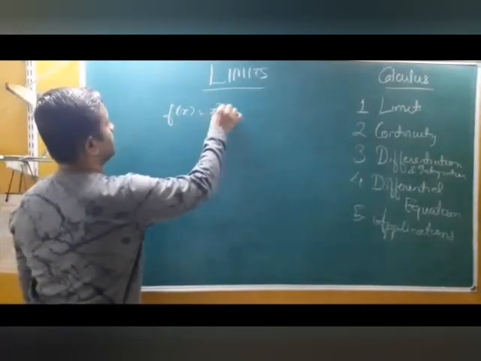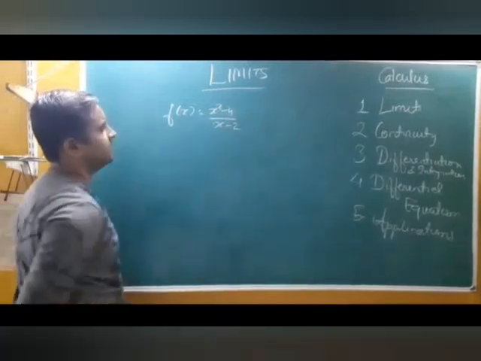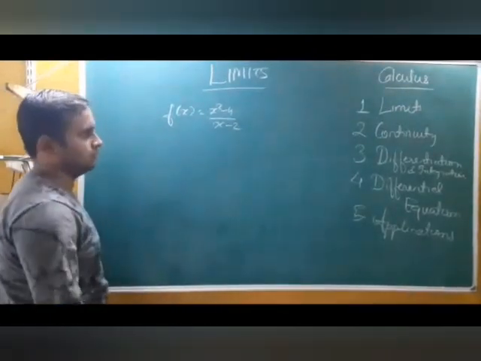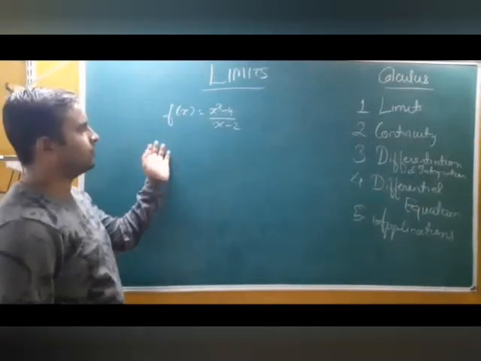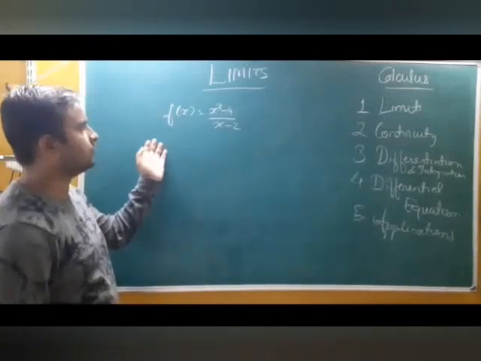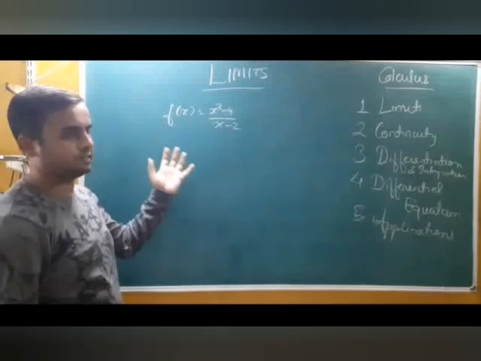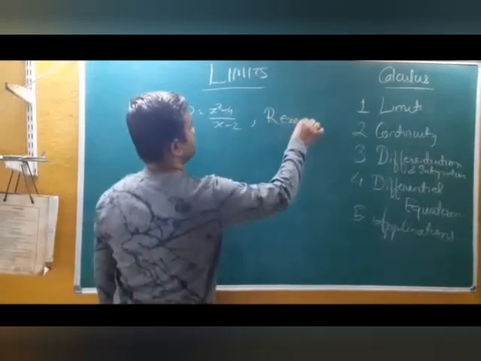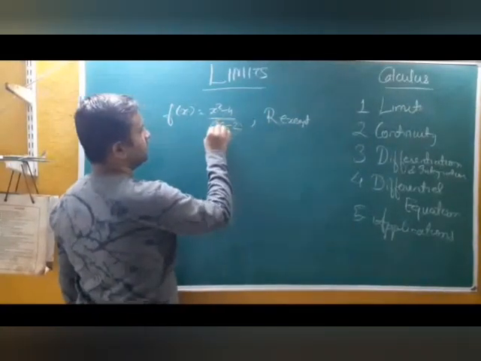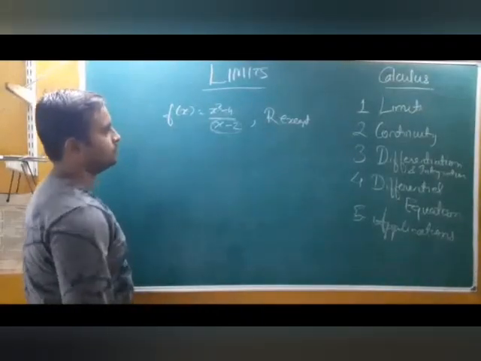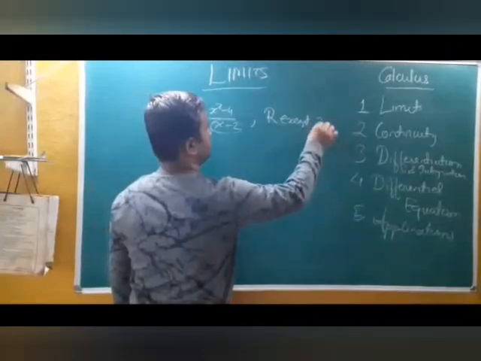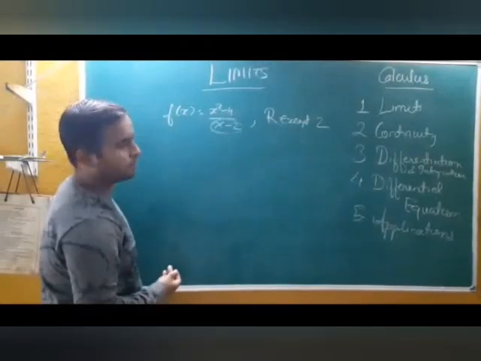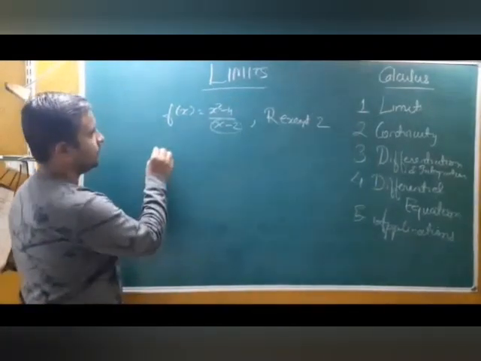It was x square minus 4 upon x minus 2, and we know the answer for this limit of the function. Answer for this limit is 4. But before that, tell me the domain of this function. Domain of this function means where the function exists. So the function will exist for all real values except, observe this and tell me what value of x it will not accept. Yes, except 2. If x is equal to 2, we get the denominator as 0, and that is not applicable in mathematics. Okay, but when it comes to limits,